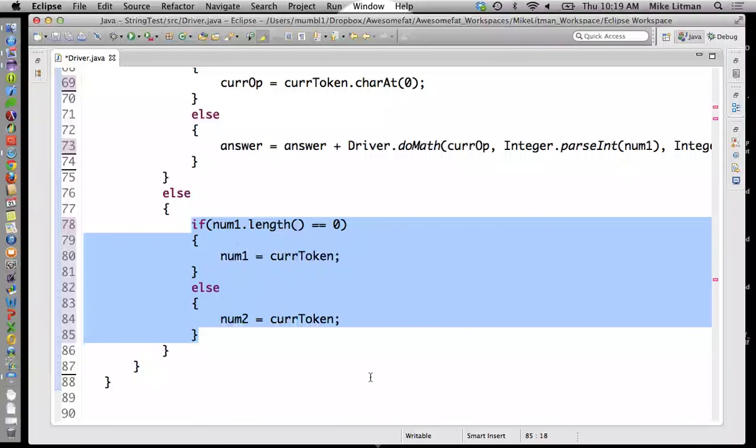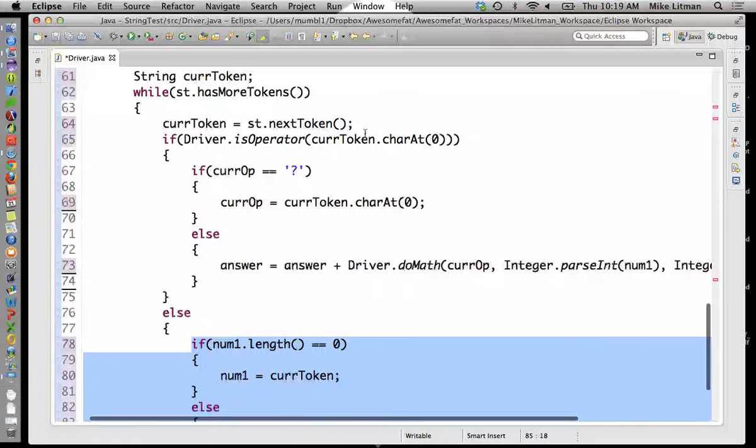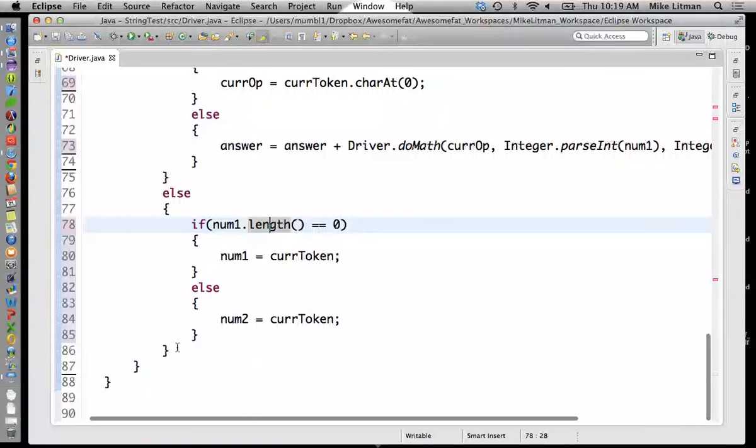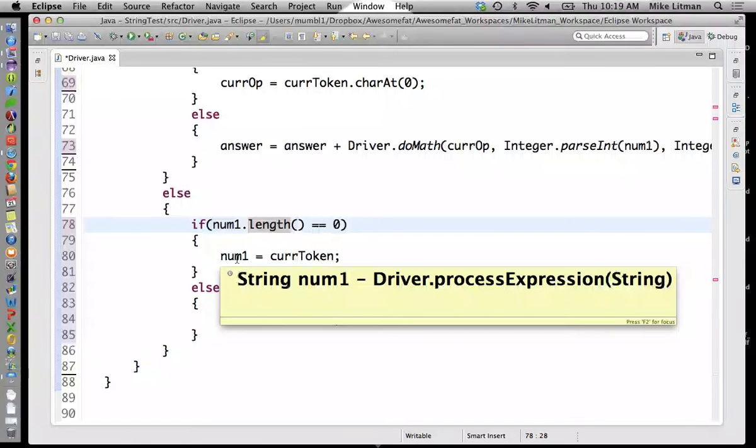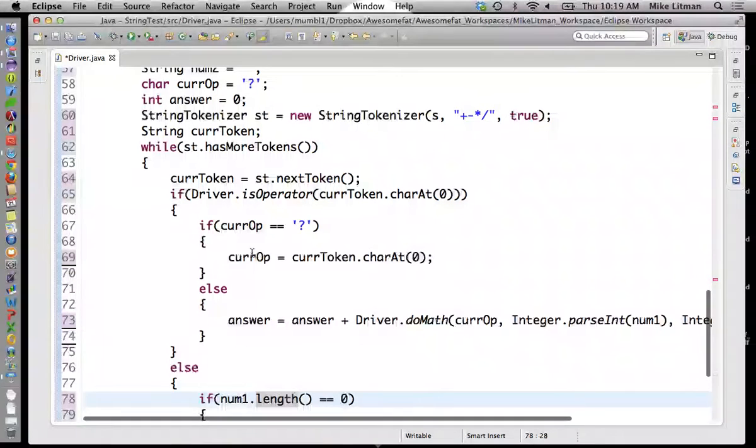Don't you need to set the num1 and num2 back to empty strings at some point? Absolutely. Yep, so we're going to come back up here and revisit this. All right, so this is what we do down here. If we run into a number, we put that number into the first empty string we have, either num1 or num2. Now up here when we do math,